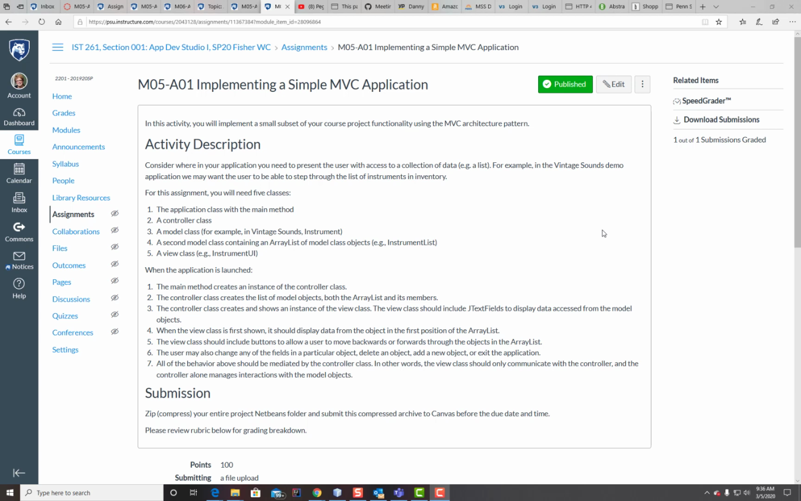There are some more criteria here: when the application is launched, the main method is going to create an instance of the controller class. The idea of the model view controller is that the controller is the go-between between the model and the UI. The controller gets the data from the model, puts it into the UI, and displays the UI. The controller then listens for any of the buttons or text fields you're going to be listening for in your app, and takes action depending on which